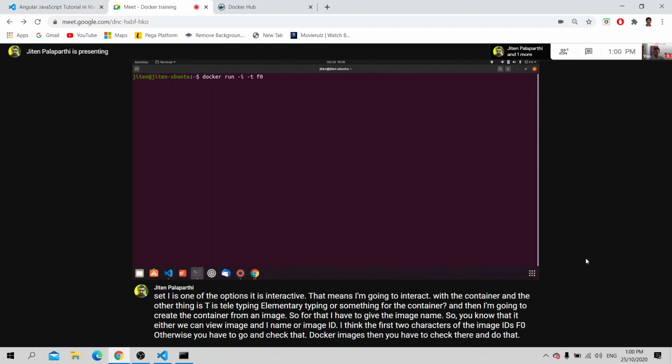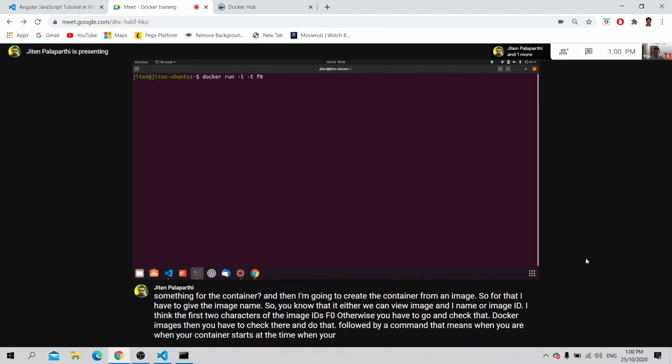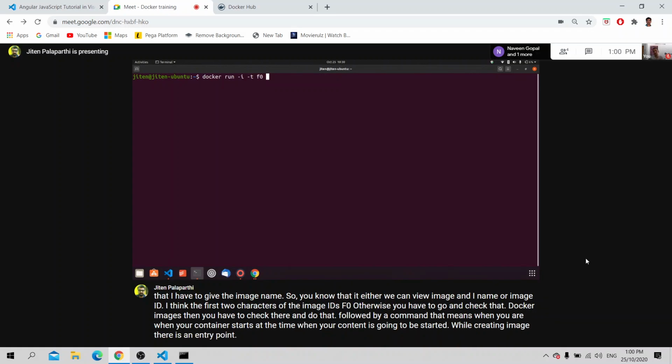Followed by a command. That means when your container starts, while creating the image, there is an entry point, that means a default command. Generally the default command would be bash.